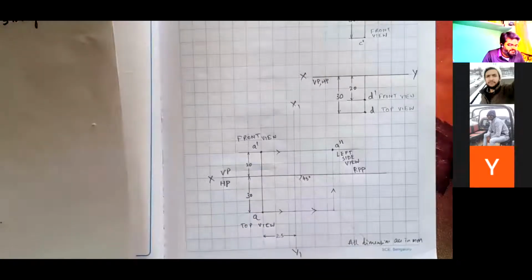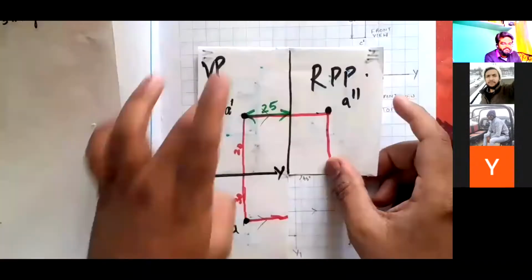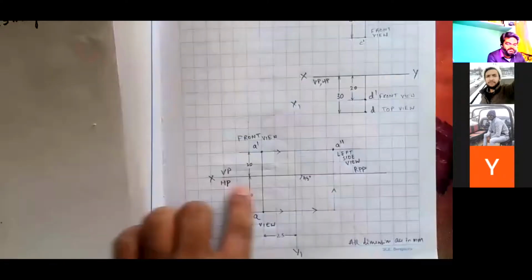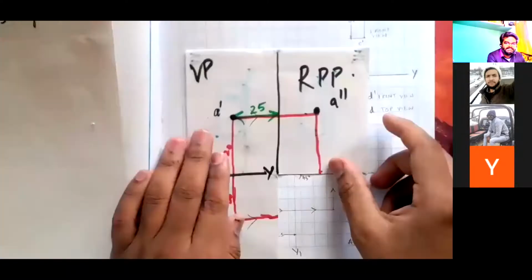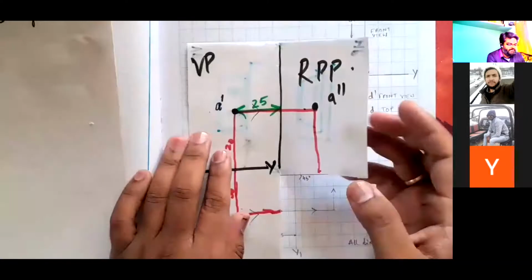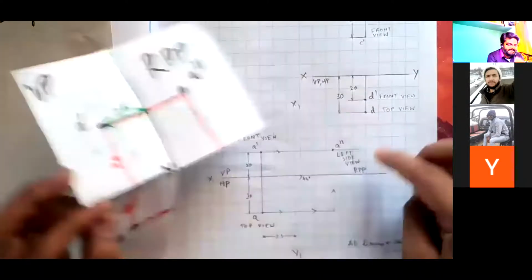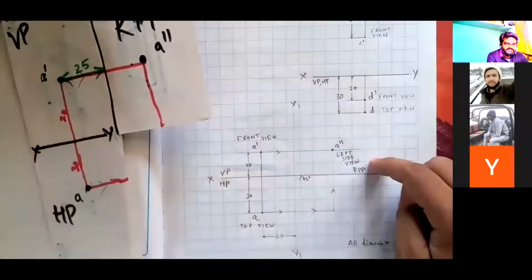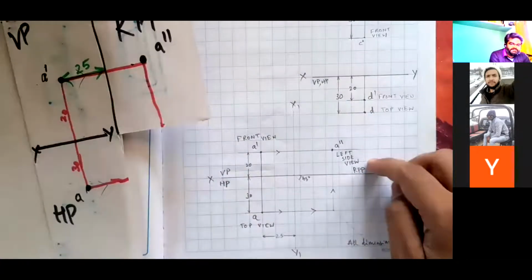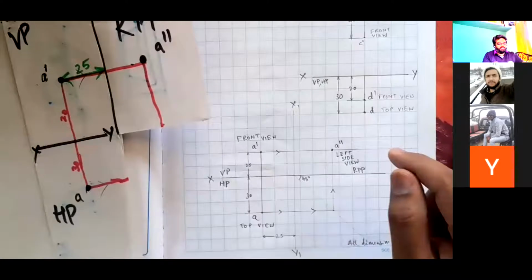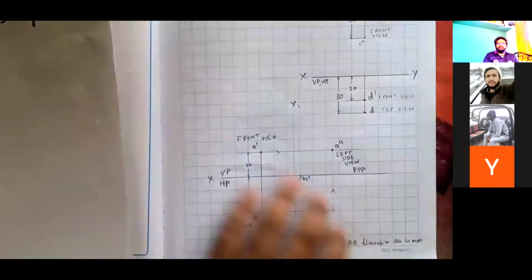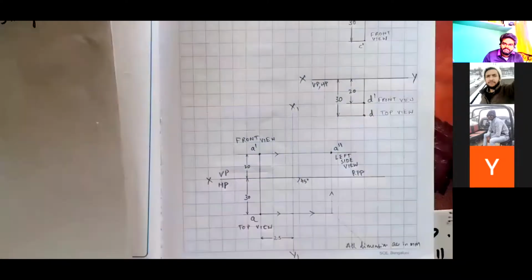in the problem. We are differentiating these view planes, VP and HP, as the XY line. Similarly, there is an RPP, the right side plane, the right side wall. You can imagine I'm opening it like this and representing it here, which is the side view that I have to represent here. So this is a simple representation of a first quadrant problem. So any doubts, please discuss.